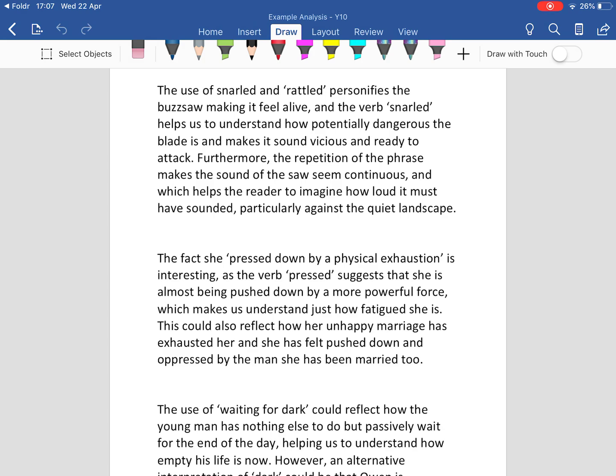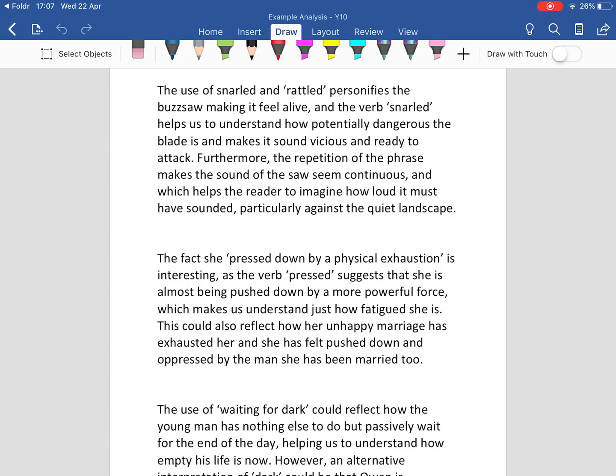And hey, what's more perceptive and thoughtful than not just thinking of one effect that a word has, but being able to think of two. If you're able to do that maybe 3, 4, 5 times across your essay, look at two alternative ways that a single word could be interpreted, that's going to get you into the top level of the mark scheme.